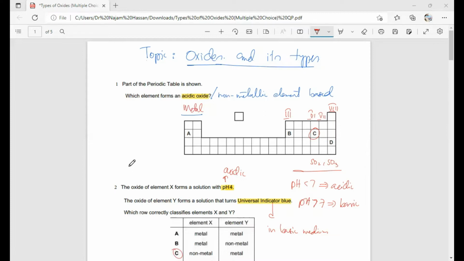non-metallic character is dominating. So usually non-metallic oxides are acidic oxides, and the common examples of acidic oxides are SO2, SO3, which is found in group number 6. So in the first question, the answer is C. Now, once we move to the second question,